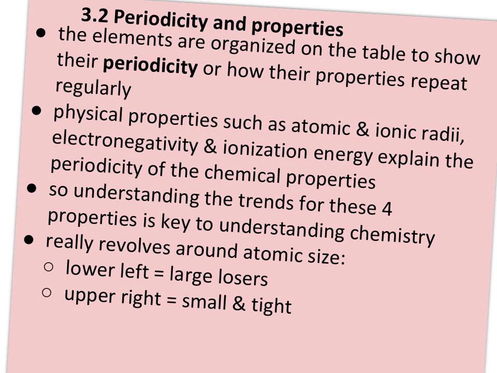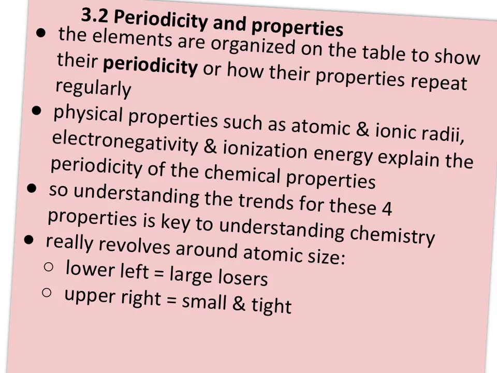Welcome. This video is going to take a look at section 2 of chapter 3, looking specifically at periodicity and the properties of the different elements. The elements are organized on the table to show this periodicity, or how their properties repeat regularly. And physical properties such as atomic and ionic radii, electronegativity, and ionization energy explain this periodicity of the chemical properties. So understanding the trends for these four physical properties is really key to understanding chemistry, and it really